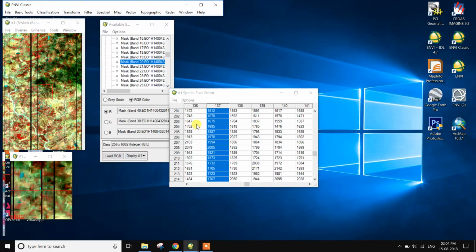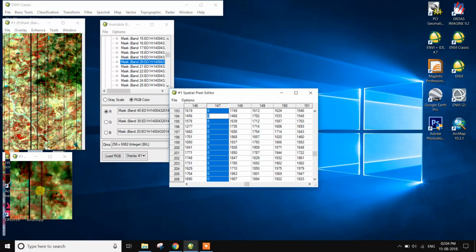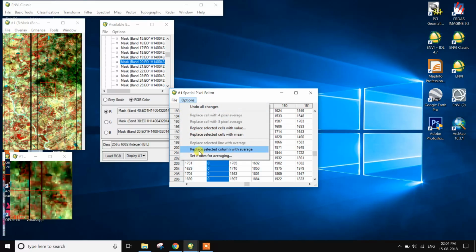So the next process is the third day stripping of hyperspectral data. There is a zero value. This is the average of the nearest pixels. Here is the vegetation, this is the water body. This is the shortest path distance and average value. Choose the option to replace the selected column with the average.